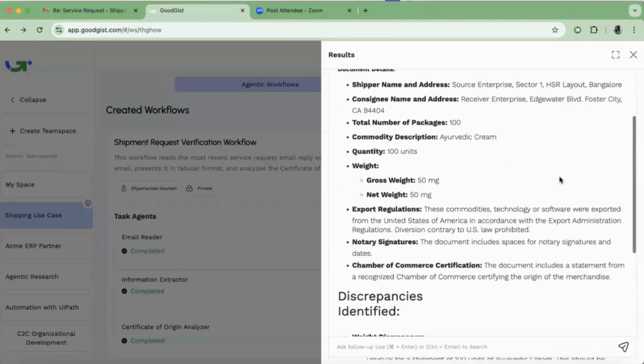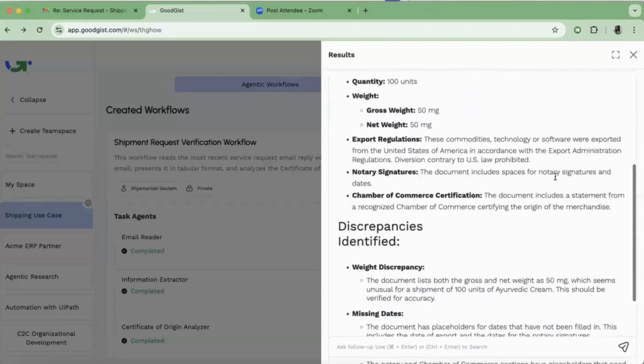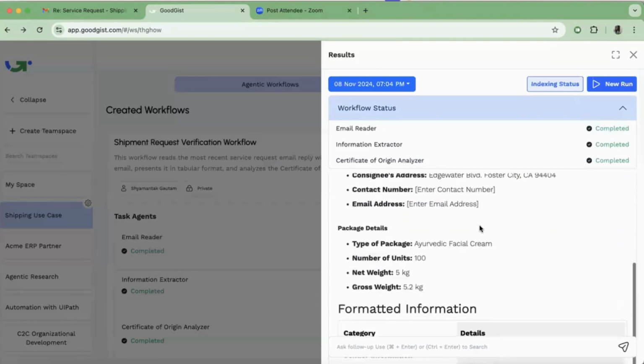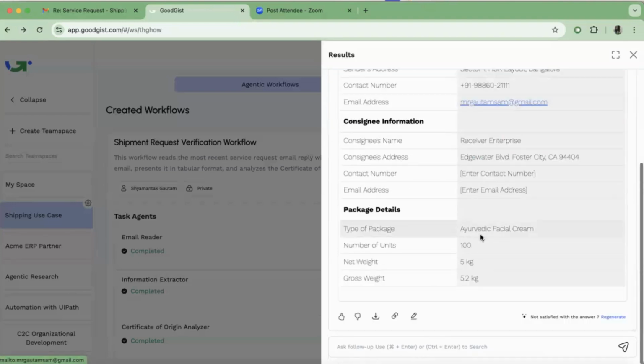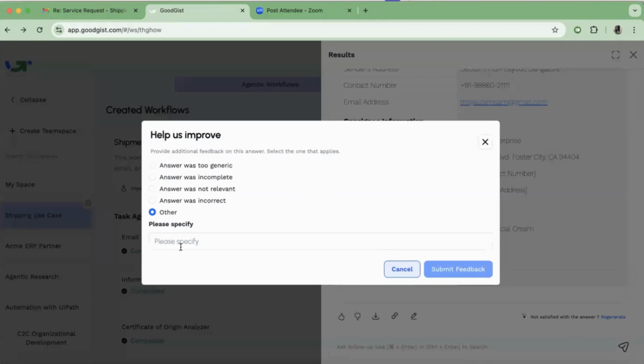So that's pretty much what I wanted to show. And some of the other things I wanted to show here is that, as we are seeing here, you can also provide feedback saying that this particular information extraction is not satisfactory. You can actually mention that. So this goes back into the training so that it can learn back and